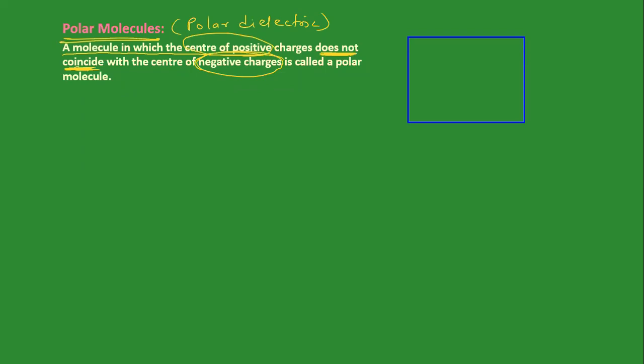Now we consider one example. This is an H2O molecule. Now, in simple words, what is the center of positive charge? You know the structure of an atom. The central part is the nucleus. Inside the nucleus, all the protons are there, having a positive charge. This hydrogen atom also has positive charge, and this hydrogen also. Then the center of these positive charges may be here at this point.